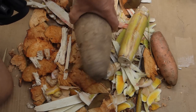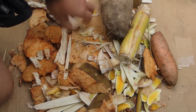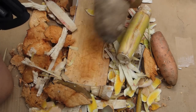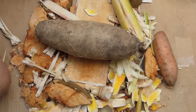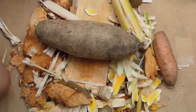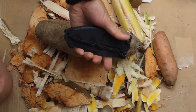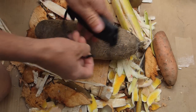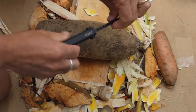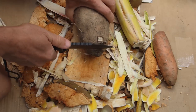Right, okay, so what we've got here is a yam. It's quite a hard tropical vegetable, and I'm going to take some skin off of that. We're going to use the RAOII to do that. Yep, okay, here we go. So just unlock it. I've got the safety pin in for that. Look at that, perfect. And okay, as soon as we can, cut the end off,